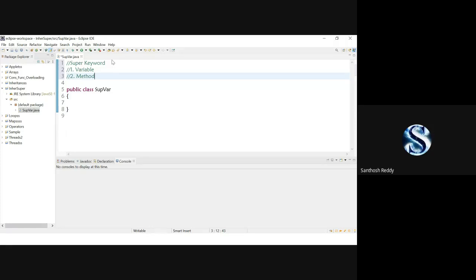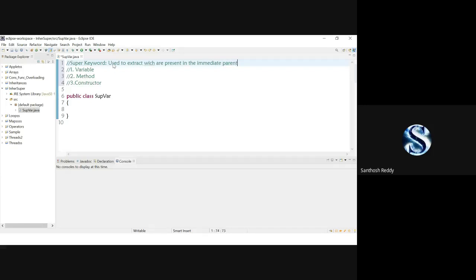And we can invoke a constructor also. The super keyword is used to extract the variables and methods which are present in the immediate parent.